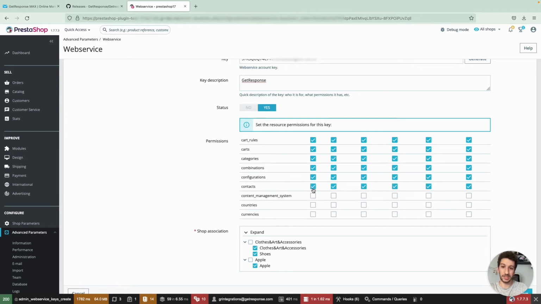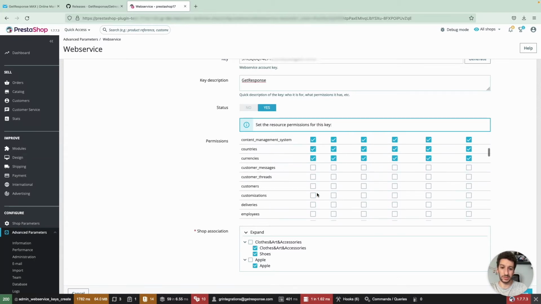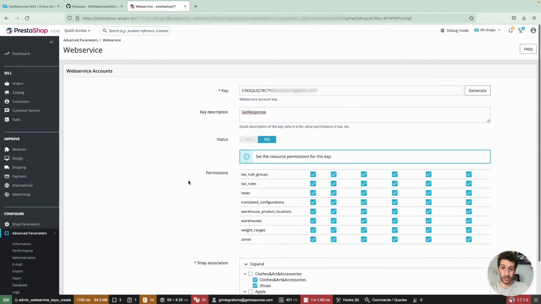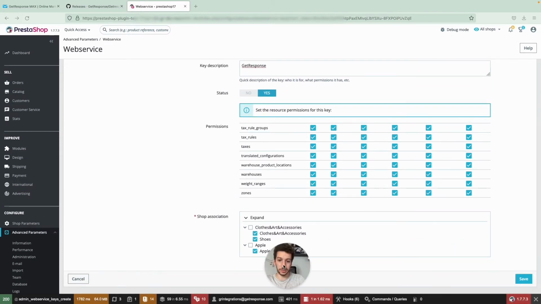And well, the reason for that is to not experience any issue that will be related to permissions. So if GetResponse wants to import some products or variants of a product, anything, it might be related to the permissions. So let's just give everything, and I will see you in a second. All right, we gave all the permissions, and now we just need to click Save. Let's move my face back to the left, and let's save it.